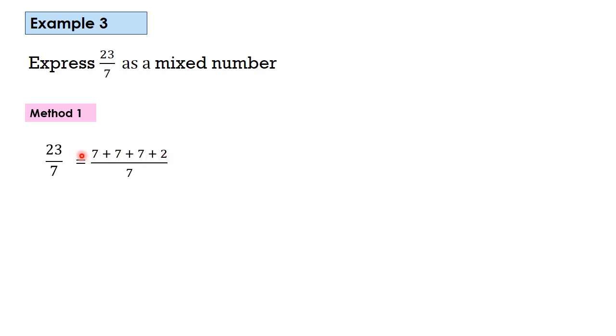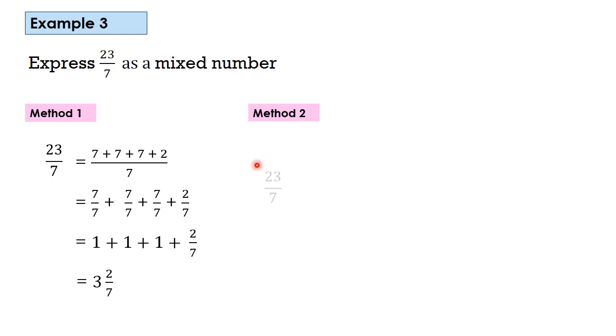And this is how we are writing 23 in terms of 7. After that, when we separate this combined fraction into single parts, this is how we should write: 1, 2, 3, 4 fractional parts. Thereafter, every 7/7 is equal to 1. Therefore, after converting the improper fraction, the whole number part is 3 and the answer is 3 and 2 7ths. Therefore, by the first method, 23/7 is equal to 3 and 2 7ths.